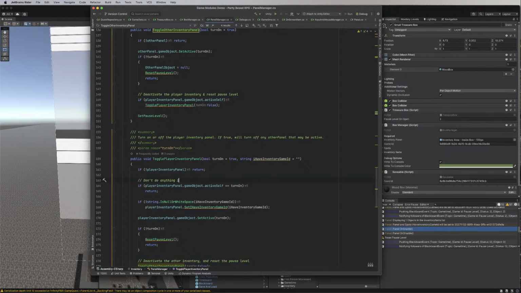Don't do anything if we are already turned on or off, and that's what we want to do. Does that make sense? I don't know. And then I think that means we could just do this, and this won't even get called